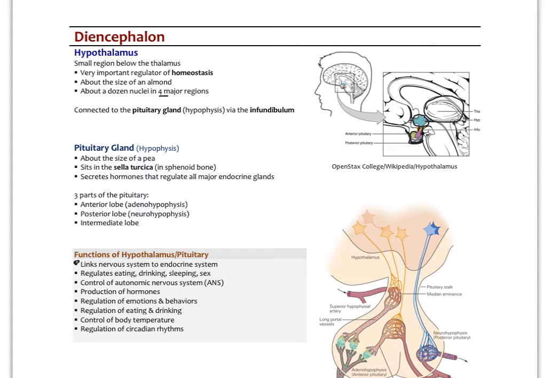systems. It regulates eating, drinking, sleeping, sexual activity, and really is the master control center for your sympathetic and parasympathetic nervous systems. It also regulates all of the production of hormones in the body, and helps regulate emotions and behaviors, again, controlling eating and drinking. We think that for things like body weight, there is essentially a sort of thermostat in the body, and